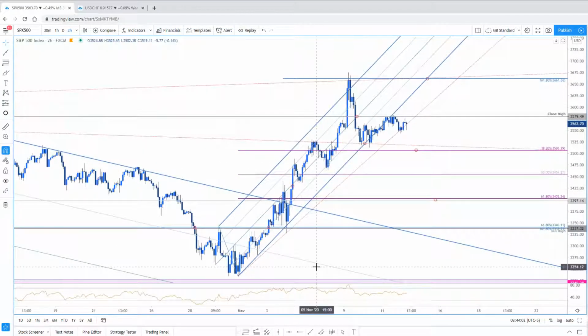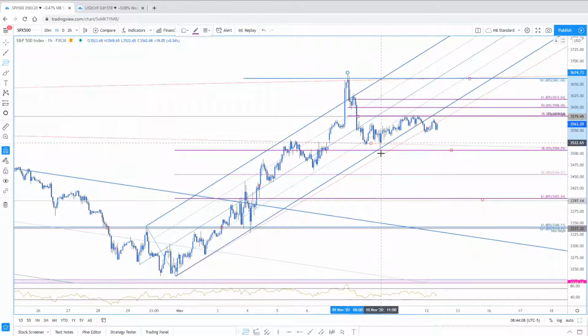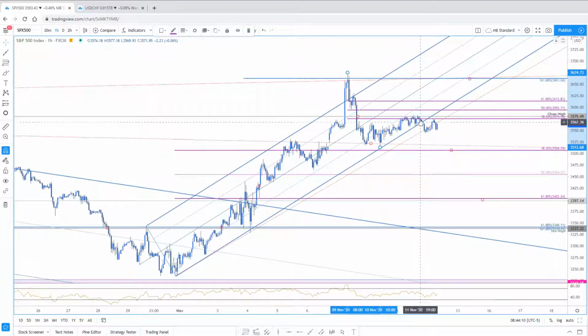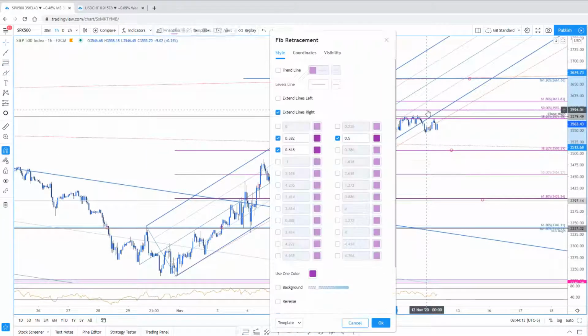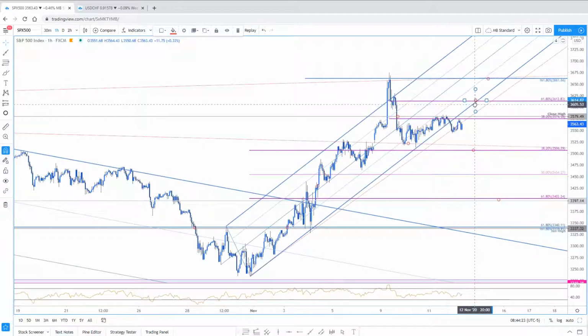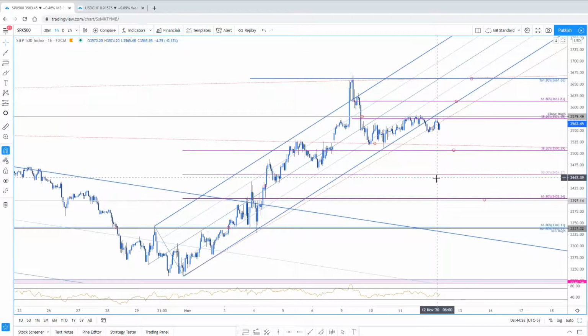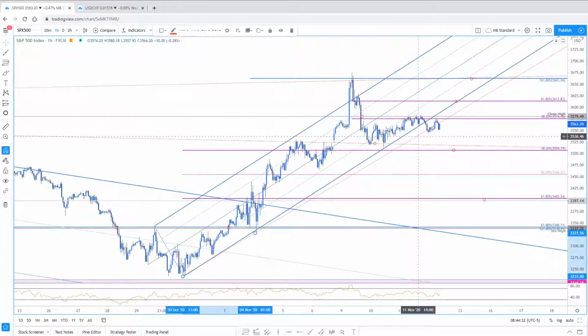I don't want to get too granular here, but just some reference for you fib guys out there. We basically held the 38.2. Like I said, I don't really like 50s as true fib levels, but if you were to spike higher, look where the 618 comes in. All right, so like 36.12. So you can envision a scenario. This is an hourly chart, by the way, guys. It's a little bit tighter. So you can envision a scenario where,